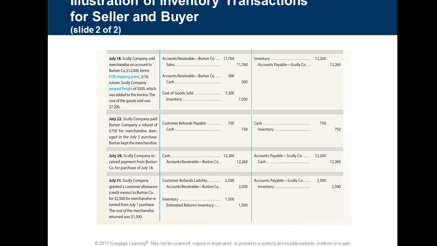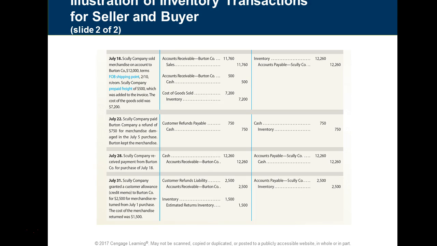It could be very, very difficult to figure out what you've done wrong if you don't get through the basics of: am I recording a transaction for the seller? I'm doing the seller side of the coin, which would be right here on the left side of the screen, or I'm recording the entry from the perspective of the buyer, in which case it's on the right hand side. This could be critical when you're trying to record the transactions accurately, knowing whose side of the transaction you're actually trying to record.